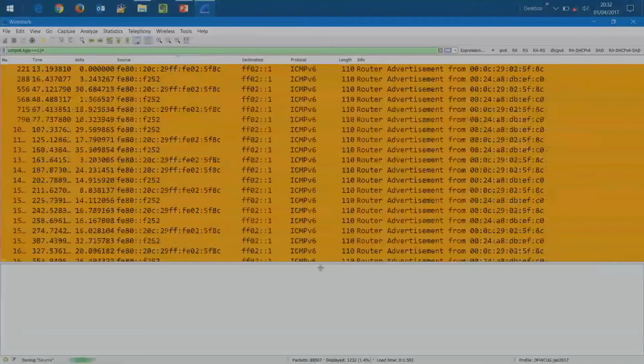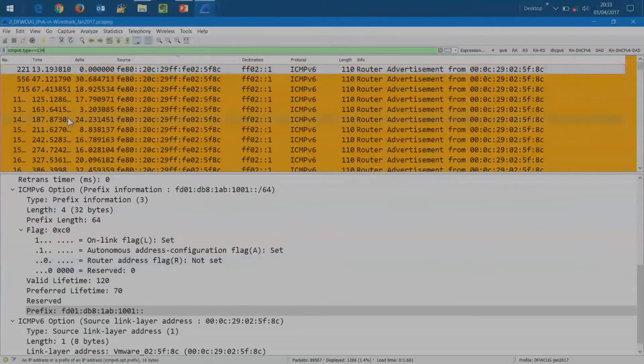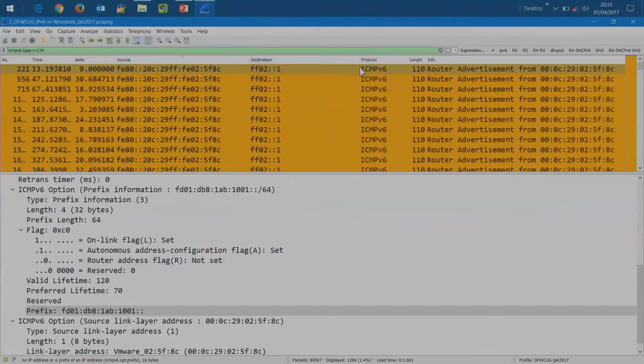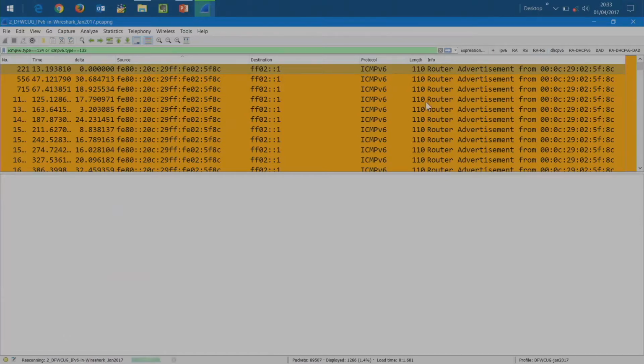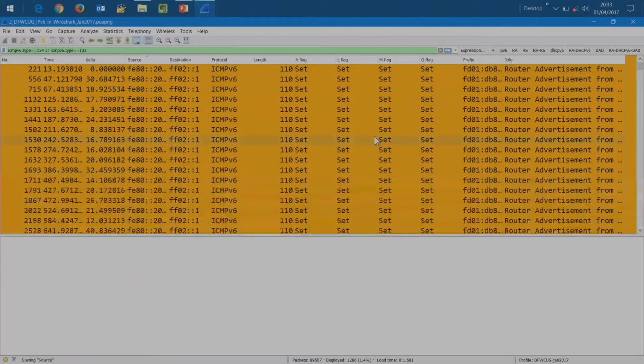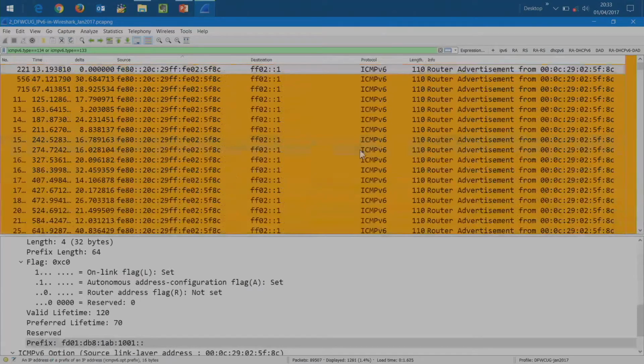Here we go. Now, the larger the packets, or larger the traces, the longer it takes for the filters to go through. So sometimes you may have to wait 15, 20, 30 seconds. You know, or again, depending if they're bigger than that. But still, the basic idea is those filters and then those profiles can bring your eyeballs into focus of something very, very quickly. And you may have lots of these. You may have some for your application, doing some testing. You may want to look at other things. I showed the router advertisement with router solicitations a while ago. And it's going to go through and find some of those.